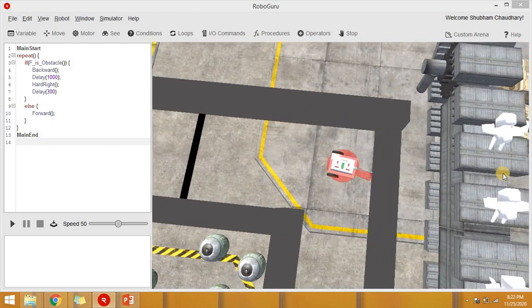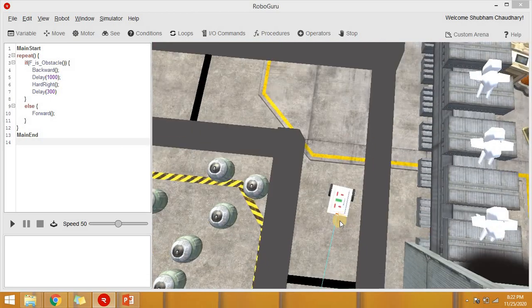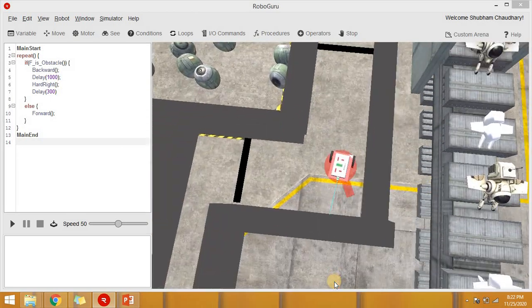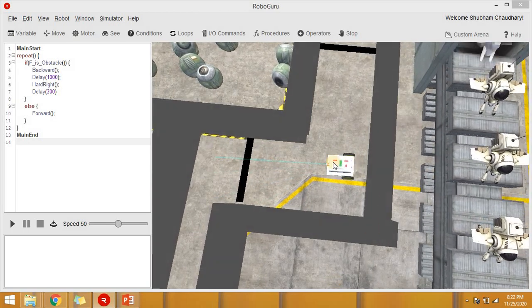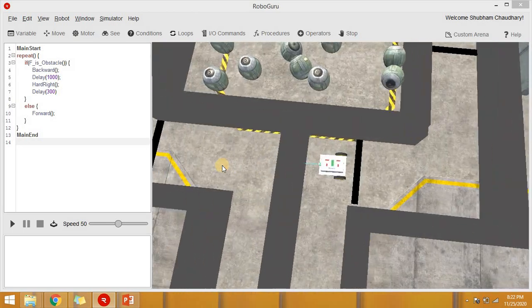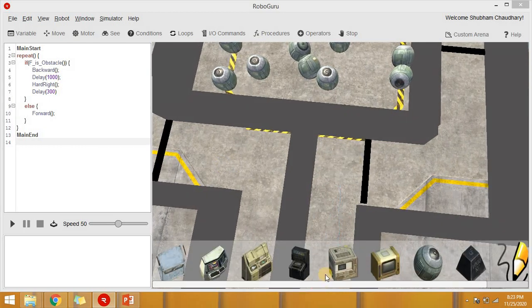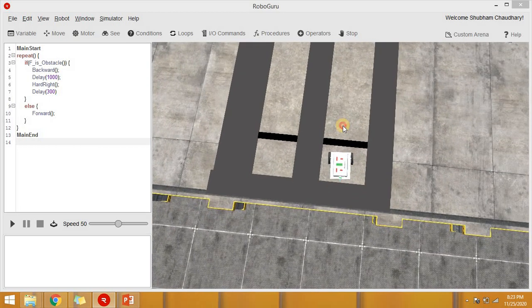Again take a right and start moving forward. Then again take a right turn, move forward and again take a left turn. And at last you have to get inside this black line.